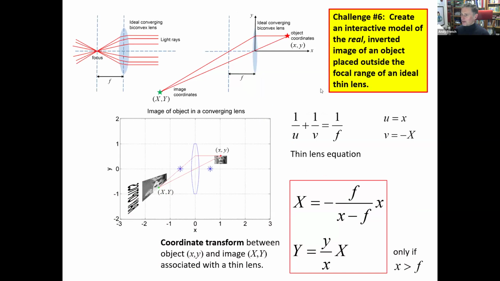And this is what happens when we look at the lenses. So for a thin lens, this is my object and this is my image. And these are the transformations. So X comma Y, that's where the green spot is, and little x comma y is the red spot. But of course I can do that to every single coordinate that makes up my bitmap. And I end up with my inverted, slightly distorted image. And these are the transformations which you get from the thin lens equation.